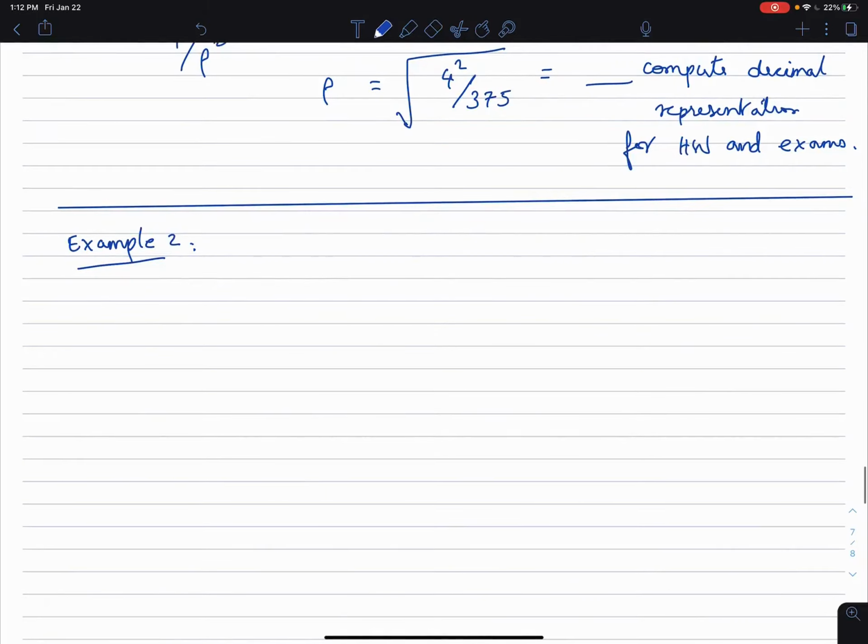Okay, here again we are going to use tangential normal, and let's say we are given x of t equals 5 sine 3t, and y of t equals 3t. Determine